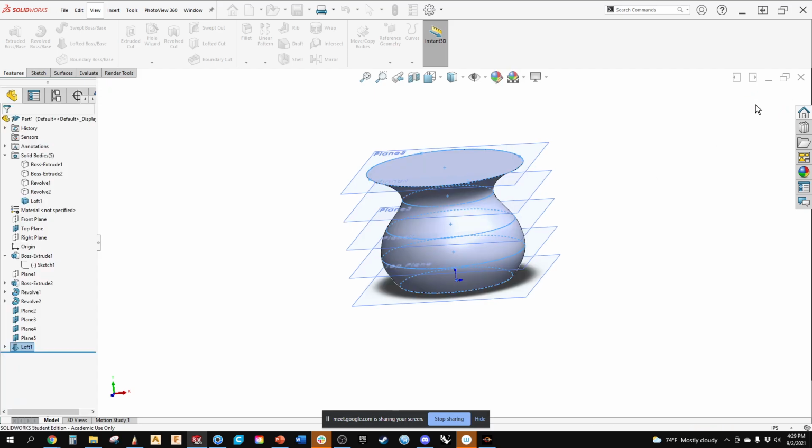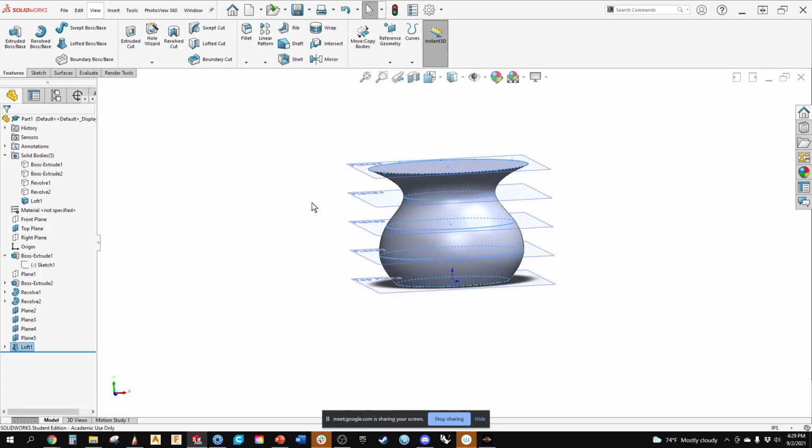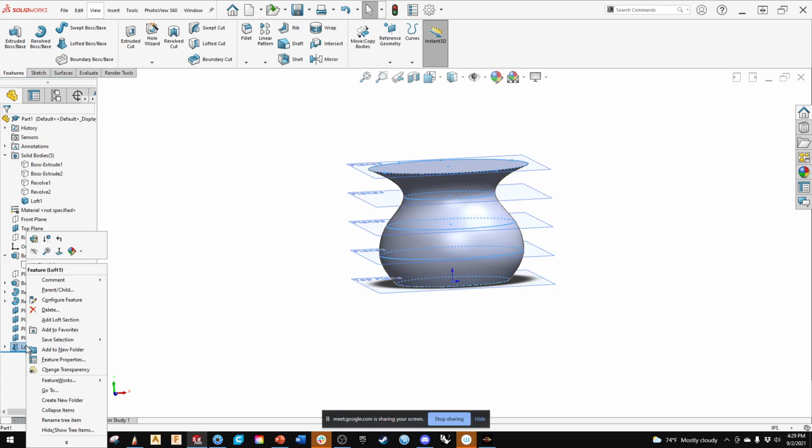Hit select, and now you've got your options or your lofted surfaces. There's different things you can do with the lofted surfaces. So if I come back and let me just delete this,